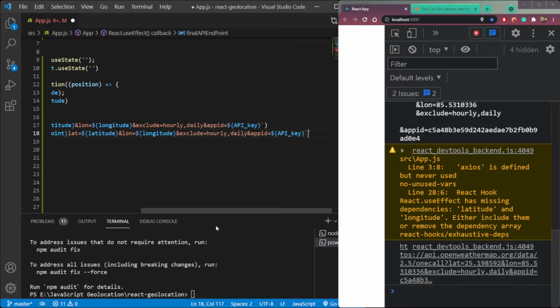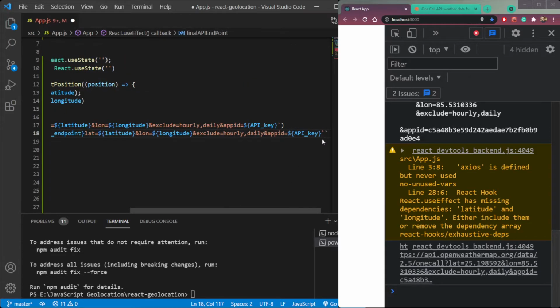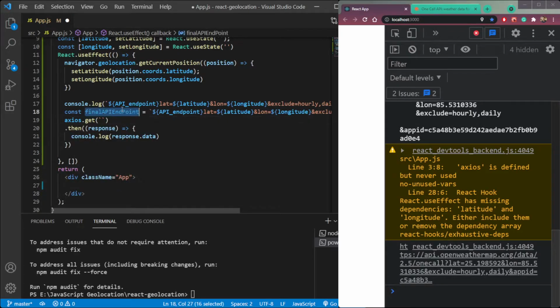Now remove all the things from this endpoint, and we can use the final API endpoint here.